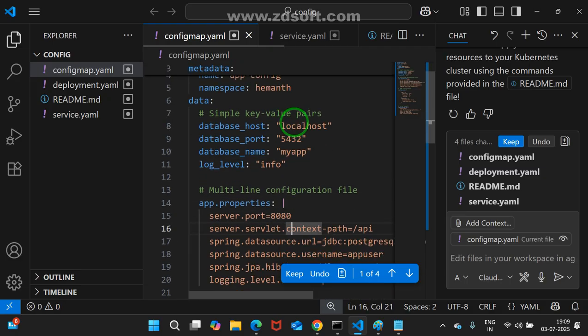Now see, somewhere I also specified properties as one block, right? This one and this one are both the same. There is no difference. But if you want, you can use app.properties also. How many people know this hyphen? What about the single pipe symbol? How many of you know this single pipe meaning?